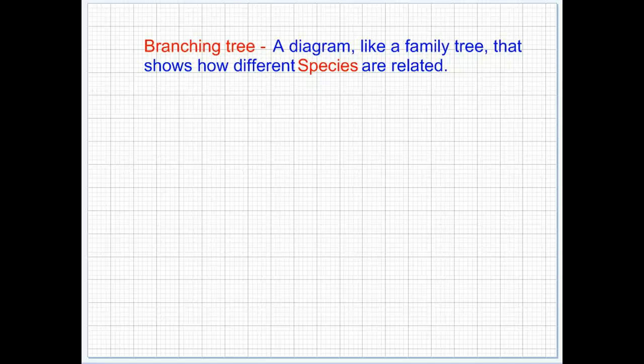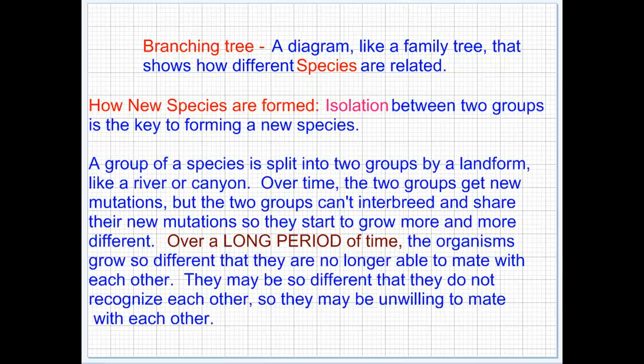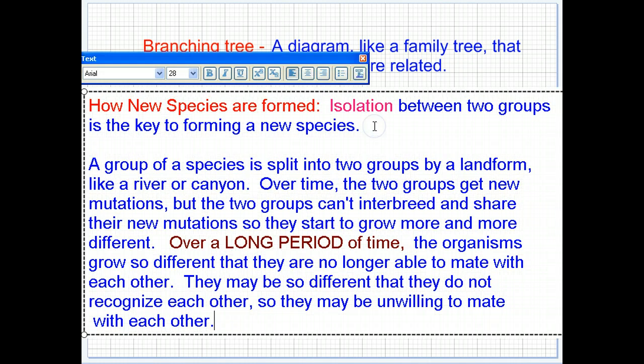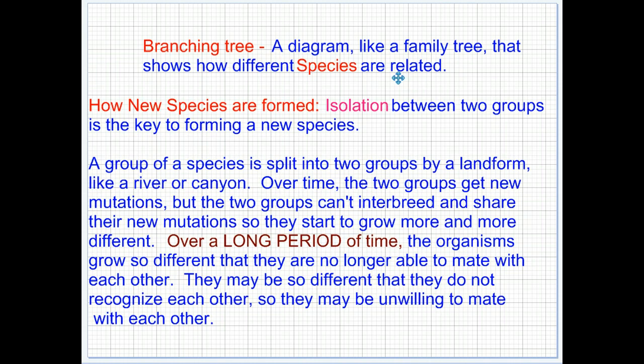Now, how species form is a pretty easy idea. Isolation is the most important part in forming a new species. You've got to take a species and split it into two groups that are separated and can no longer interbreed. This has to be a good separation, not just a road dividing the groups, because you can crawl across a road. A lot of animals can crawl under a fence. But if it's something like a river for animals that cannot swim, that could be sufficient isolation